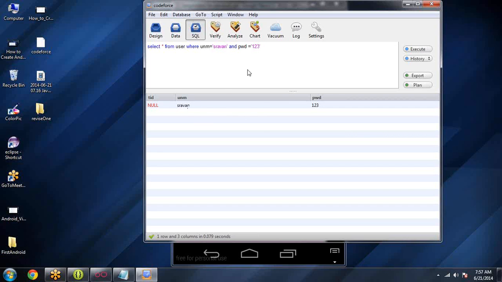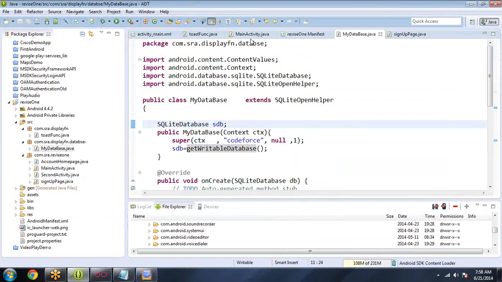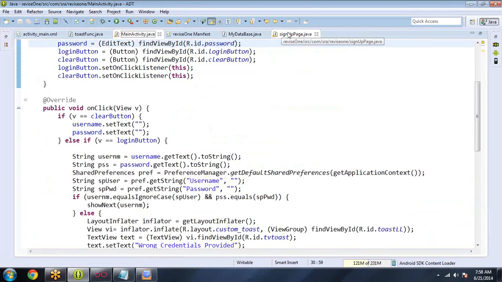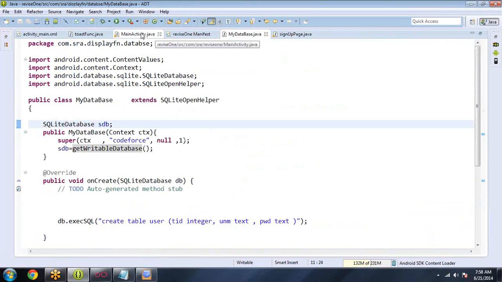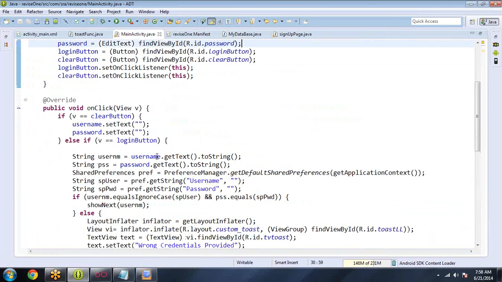Suppose I enter 1231 and execute, did I get any records here? No. The reason is the username and password query is not matched. So like that, we have to implement the login scenario. So in my main activity,